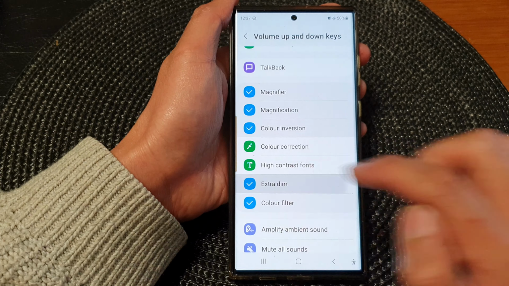And that's it. So that is how you can manage the shortcuts for the volume up and down keys on the Samsung Galaxy